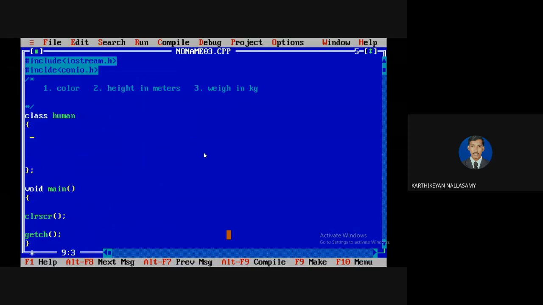So there are three data types. I'm going to read a color, like red, blue, like this, so it must be a character array. The next thing is height in meters, so the values may be in decimal points. Then weight in kg. Normally it is a whole number, but if you want, you can take it as a float, because in some situations we have values like 66.3. So I'm going to treat the data type of weight as a float.